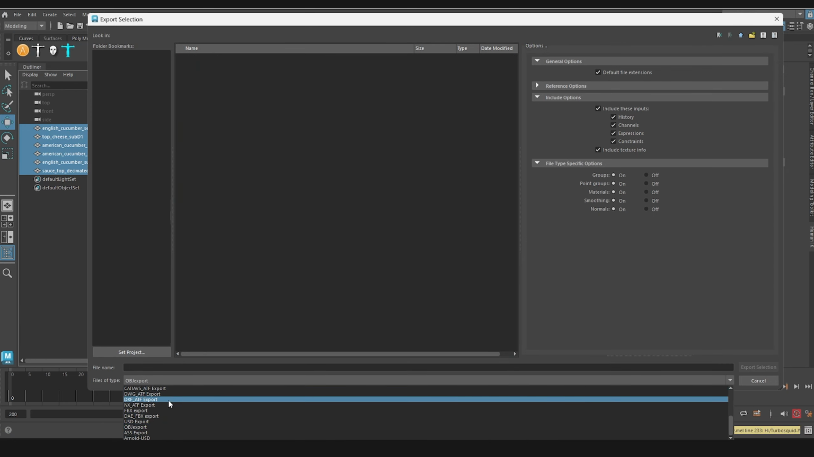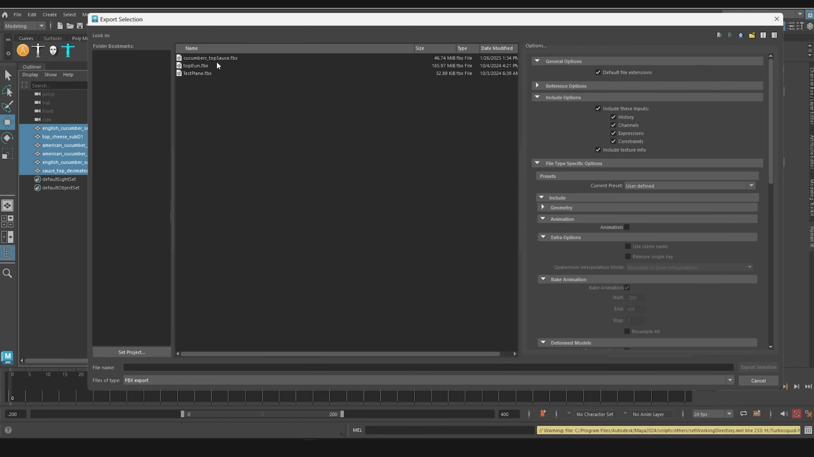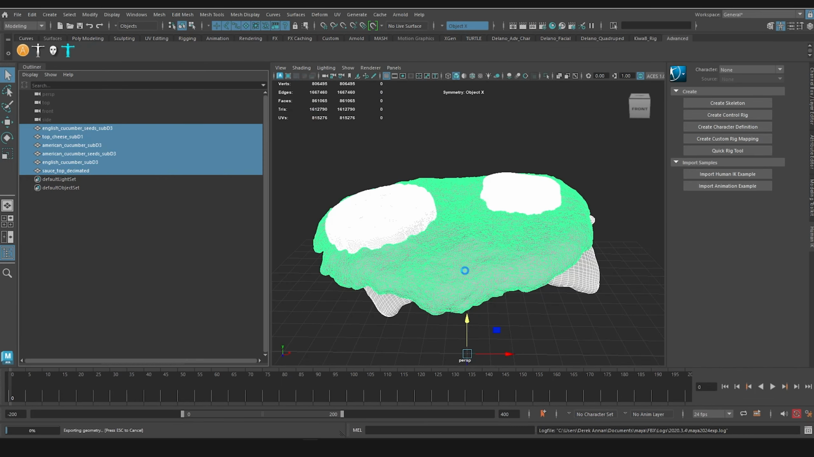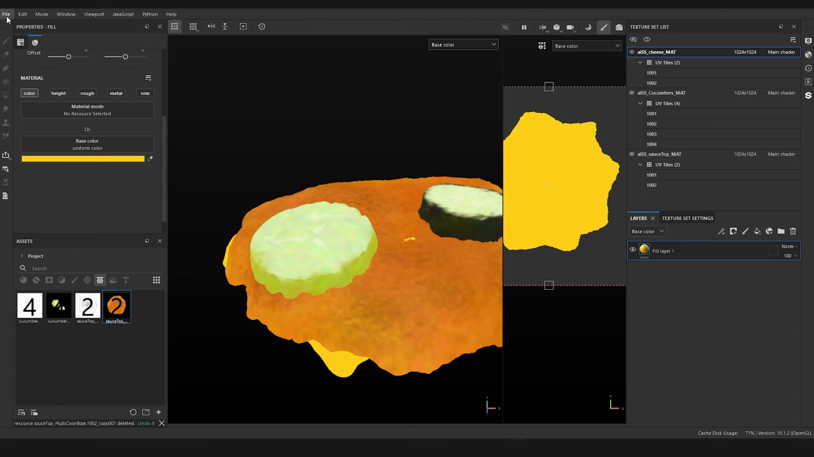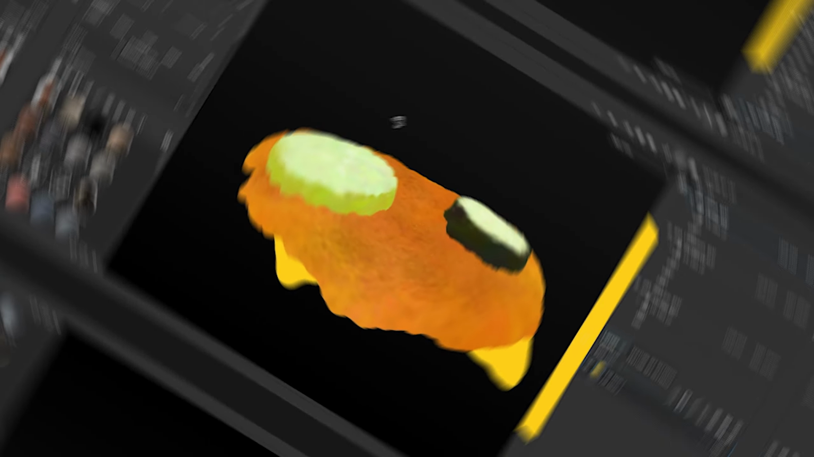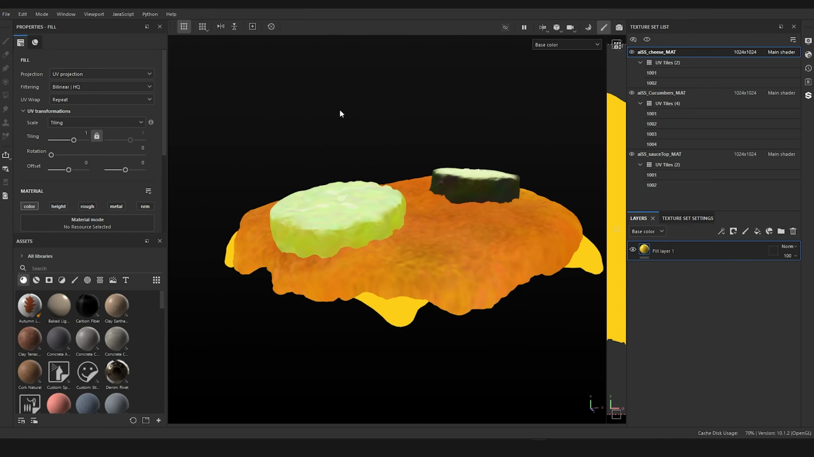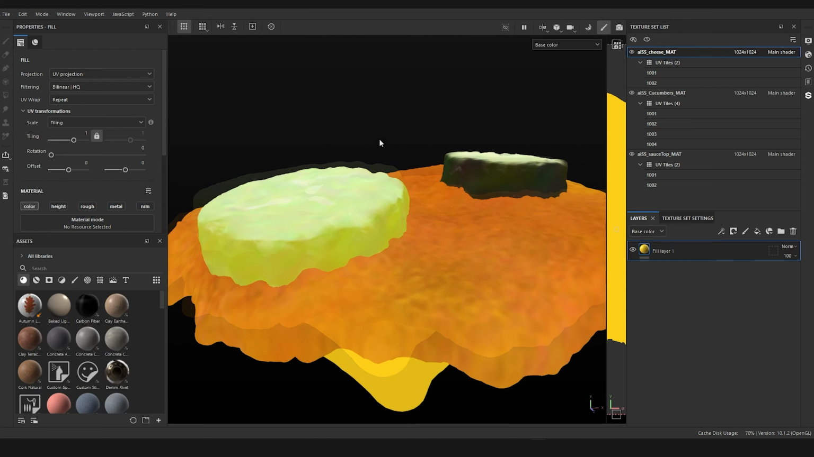I'll pick FBX, replace my cucumber and top sauce, export, yes. So I'll just go into Substance and go Edit, Re-import Mesh. Yep, and it's gone. All right, so the next thing I'm going to do is create a mask that isolates